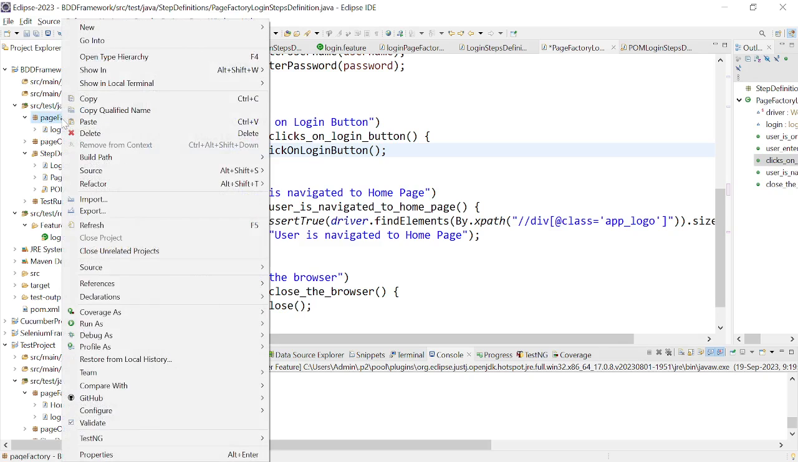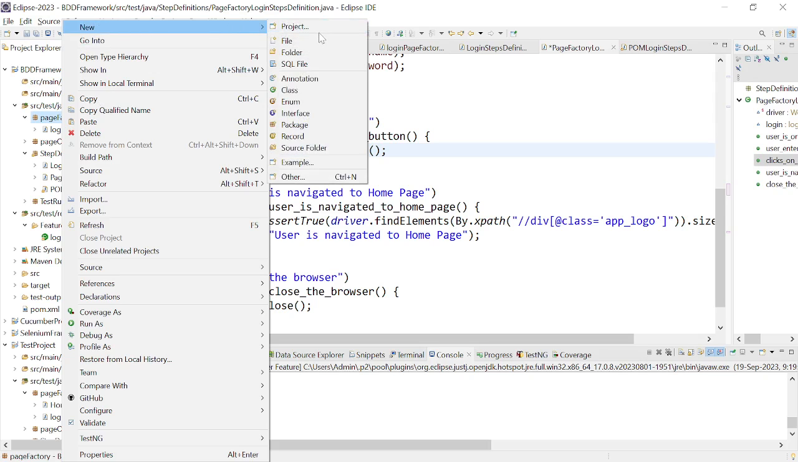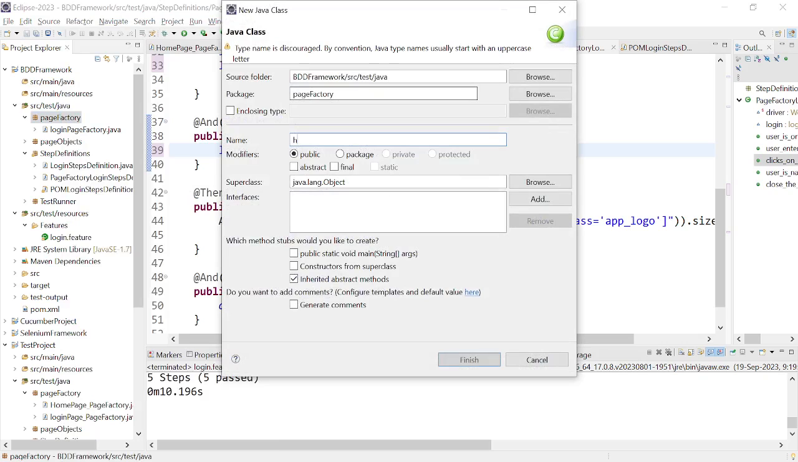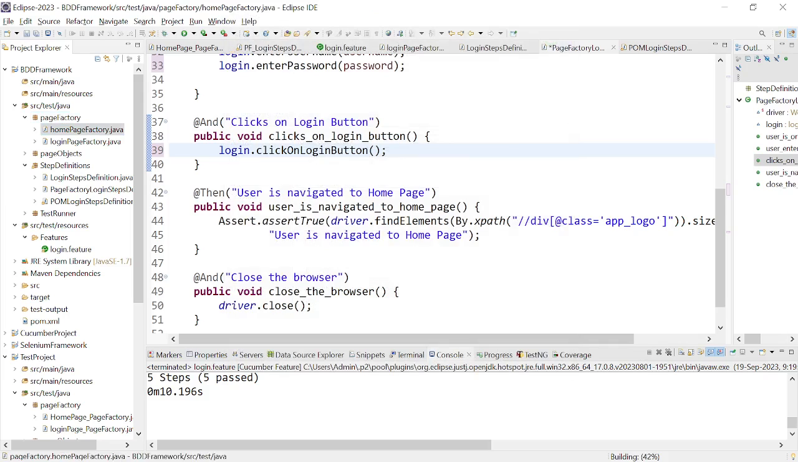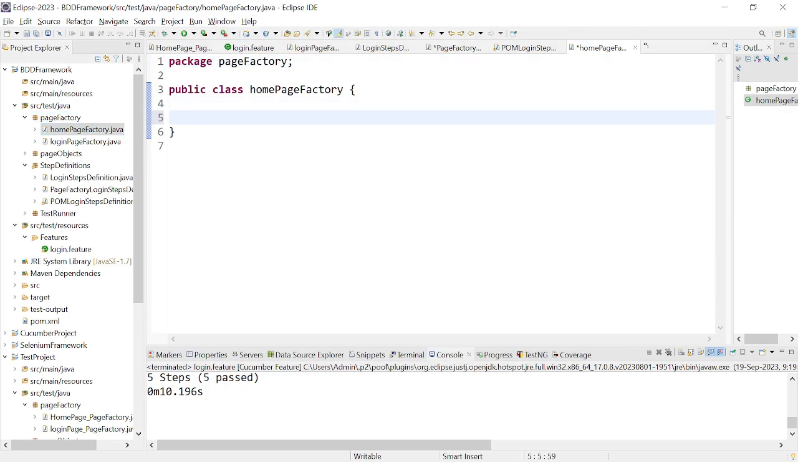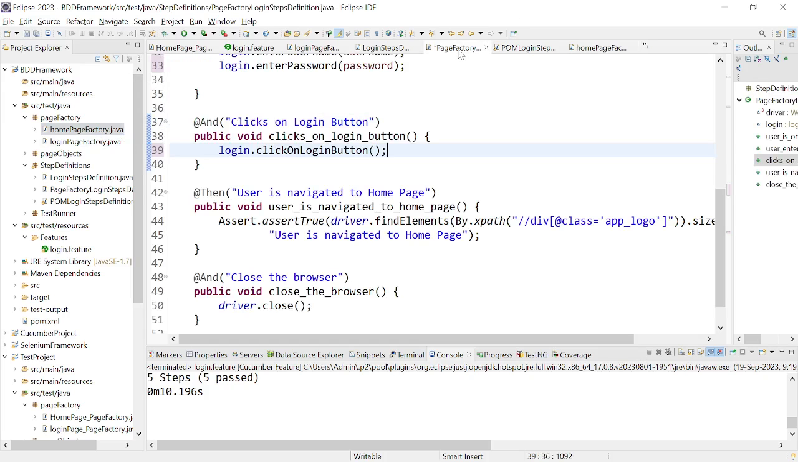So here I am going to create one more class file for the home page factory. Whatever objects, methods or actions are performed on the home page, on those elements, whatever we can see on the home page, will be written down over here in the home page factory class. So we know that this page factory is nothing but the extension of the page object model, right? So let me save all these previous